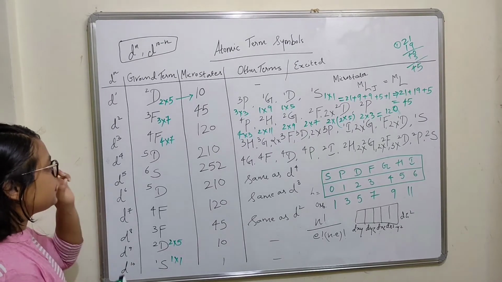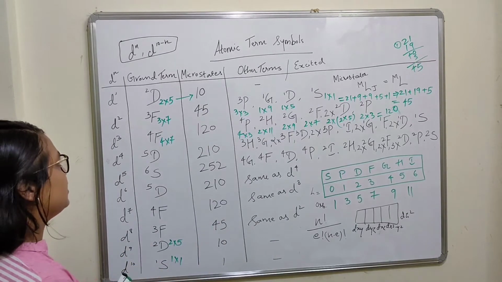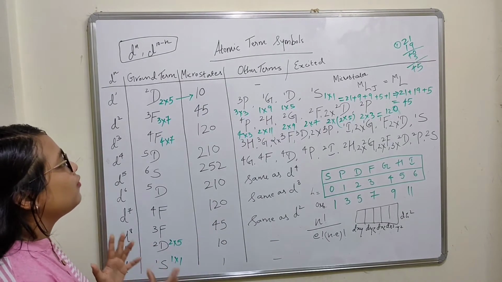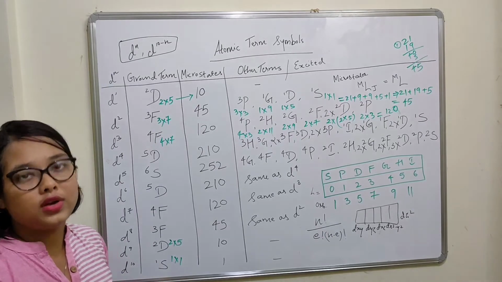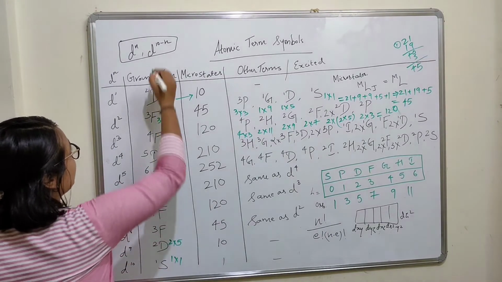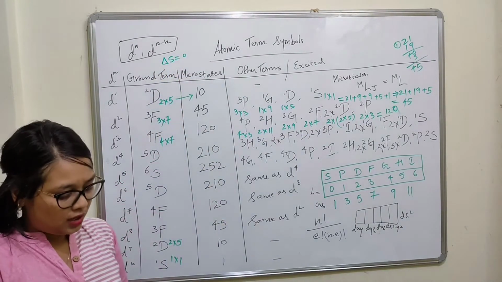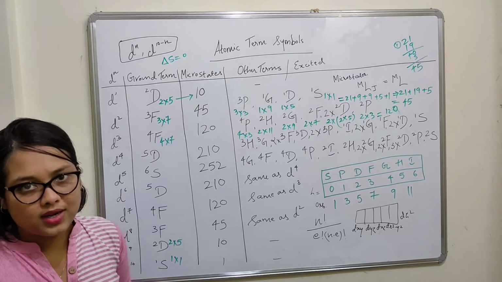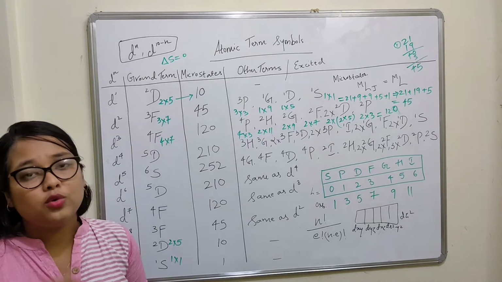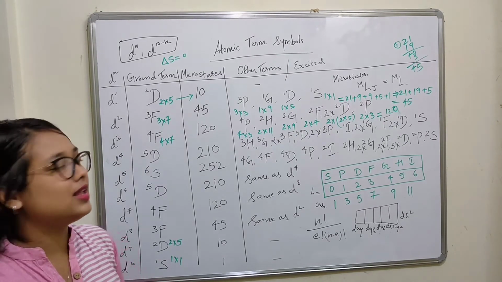Earlier I had said we look for the type of relationship between your excited terms and the ground state term. What we have to look for are the number of transitions. Now, for number of transitions, there is a rule wherein your delta S has to be 0. You have these Laporte forbidden spin selectivity rules. So I won't go much into detail. If you all want a video, I can perhaps make one on that also.